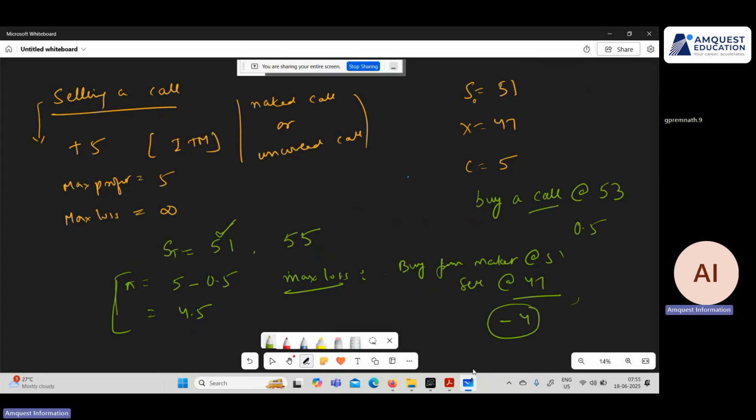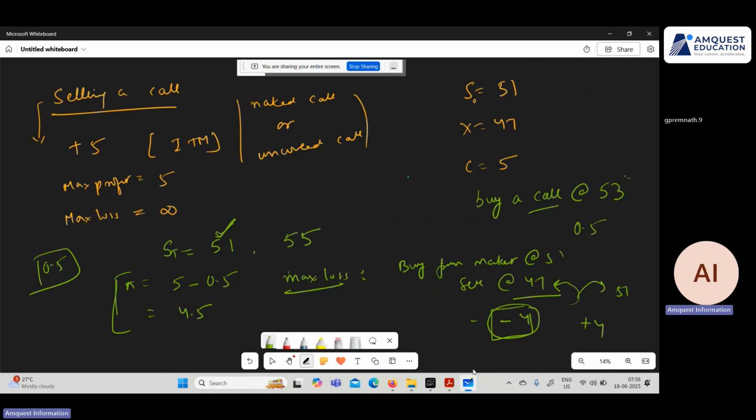And he will buy at 47 from you and will sell it in the market at 51, making a profit of 4. So basically over here, your loss in this case is 4 rupees. So your payoff is 0.5. Effectively, your payoff in this case, if at expiration it is 51, is 0.5. And now to come to maximum loss, that would be